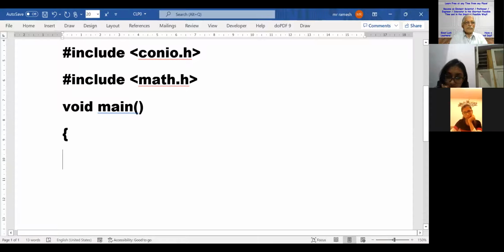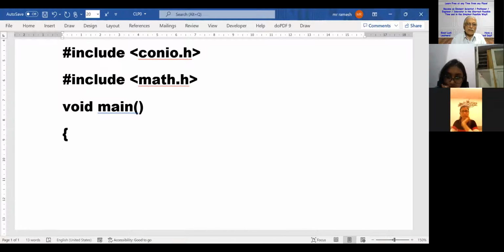Now, before using the computer for problem solving, we have to identify what are the constants that we come across in the problem, in the formulas, and what are the variables that we come across in the formulas. What is given or known and what we want to find out. Both these things we have to understand. So if we take this example of finding the diameter, area, perimeter of a circle, when radius is given,